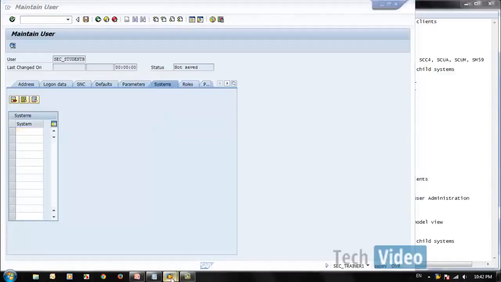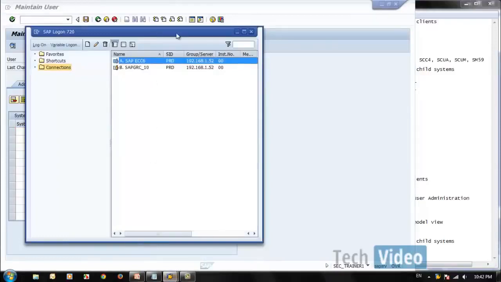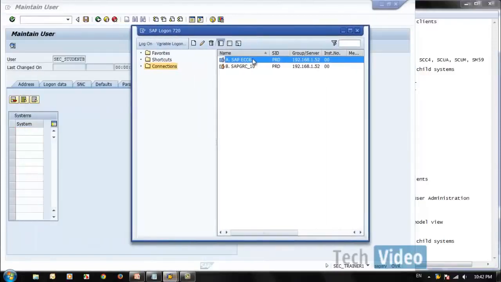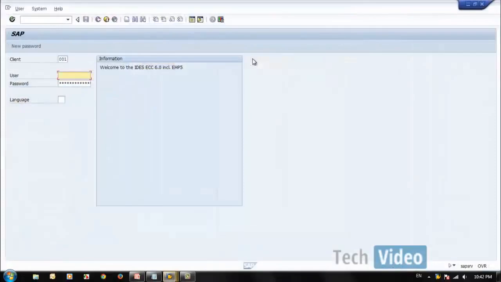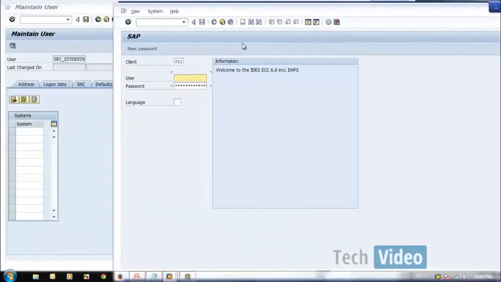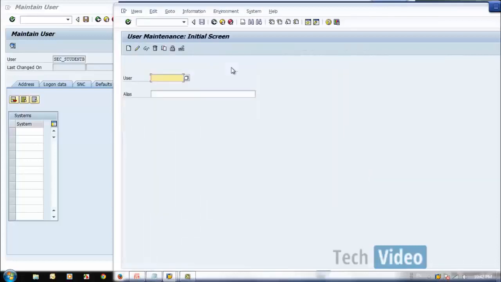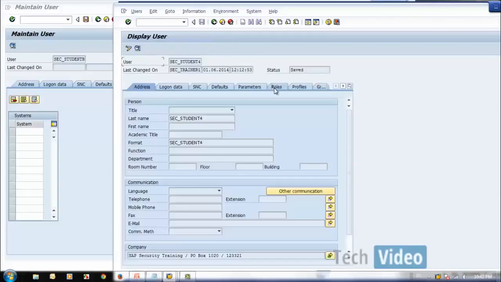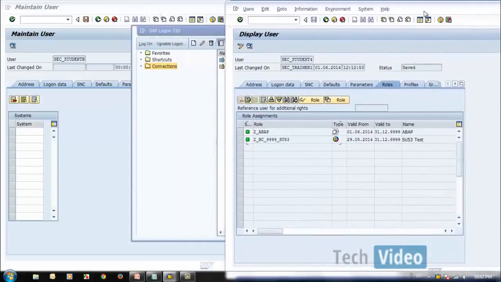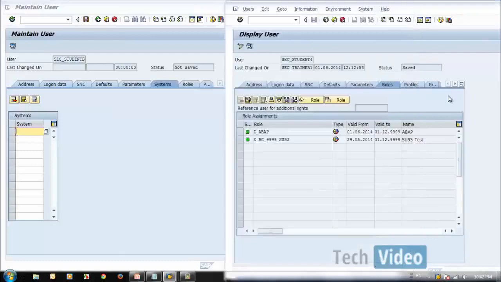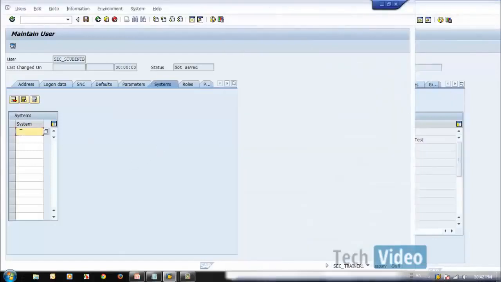So if you go to client 800, then you don't find the system, because our client 800 is not connected to our CUA. You cannot find the system here. So between parameters and roles, you have a system tab.